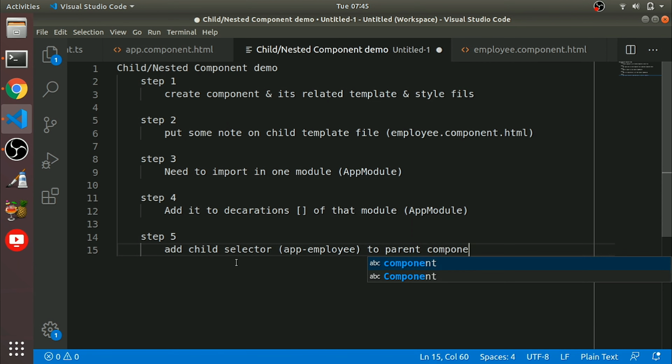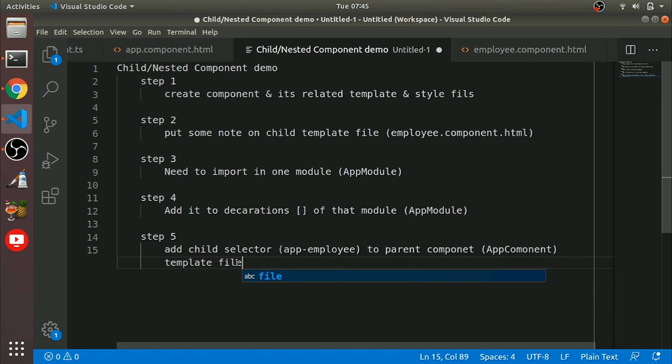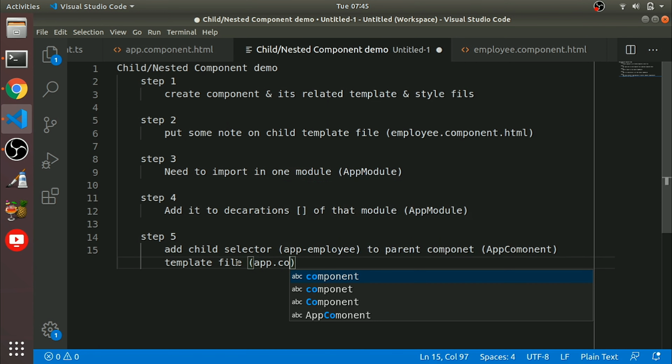Okay, so for us it will be app component. App component, parent component's HTML, or you can say parent component template file, that is app.component.html.